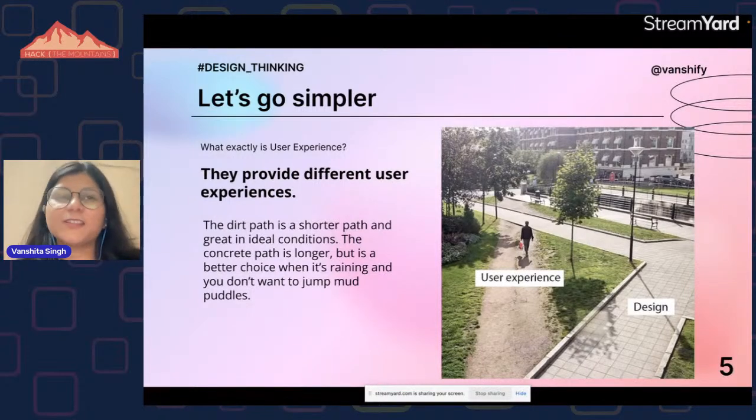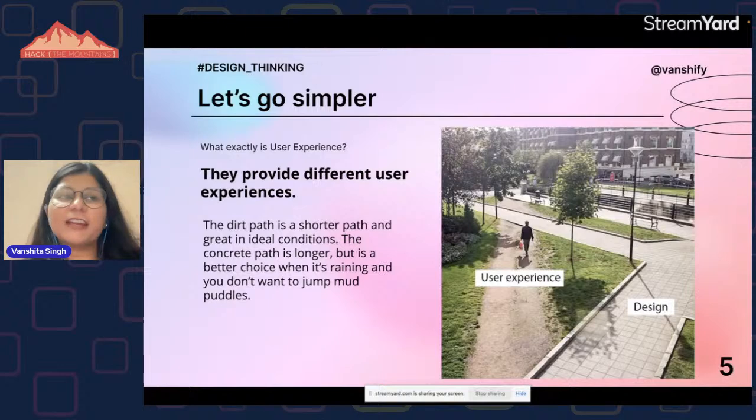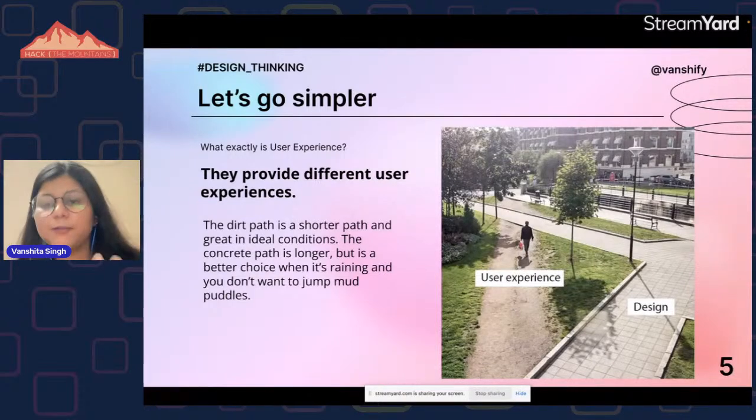In India, people are used to taking that path, even at the cost of going into the mud puddles. But talking about normal humans, they won't take that path. They will take a path that is concrete, that is good, where they won't get dirty. So this is how user experience changes according to the circumstances and situations.